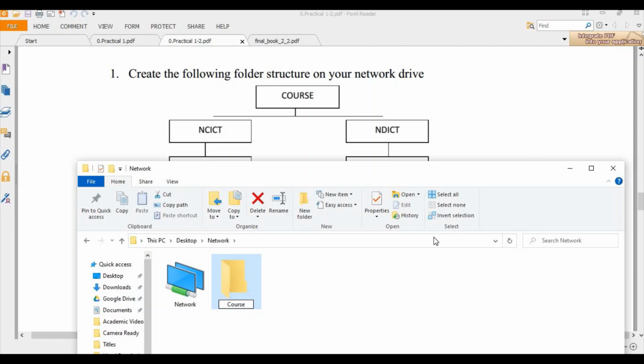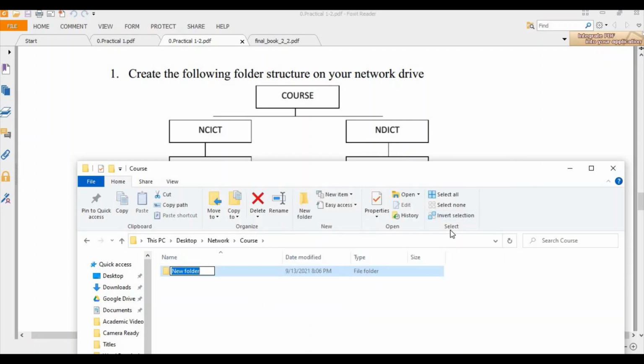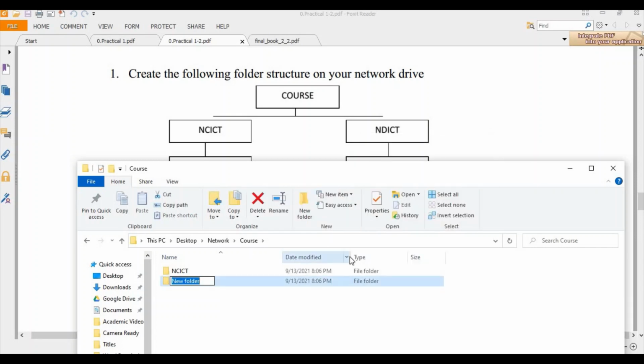Course, then open that new folder, NCICT, then another folder, NDICT.